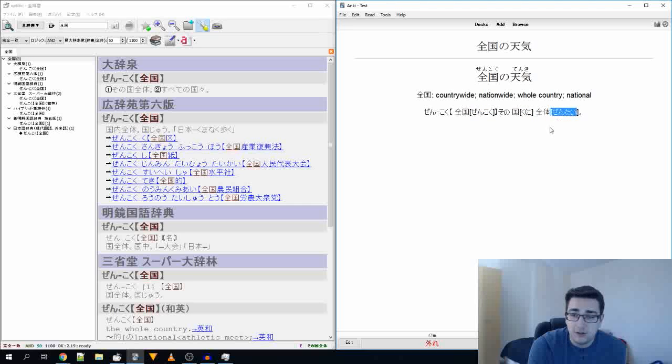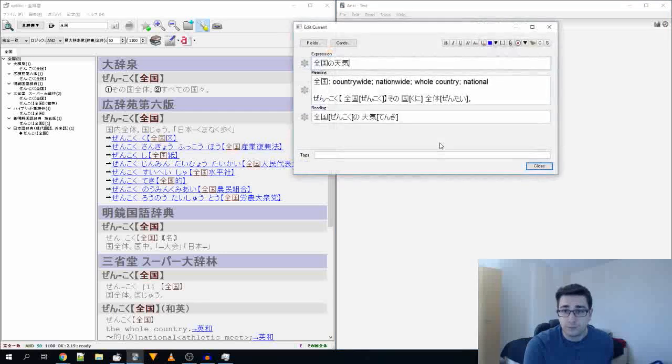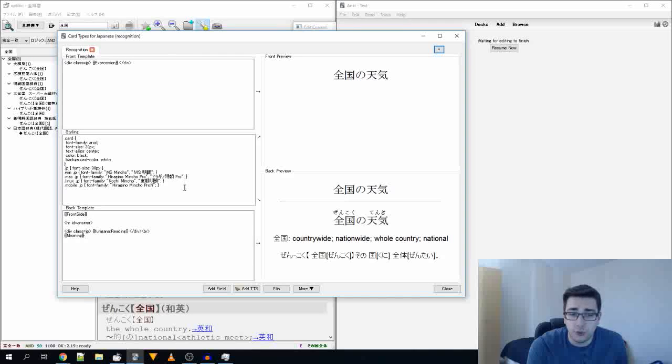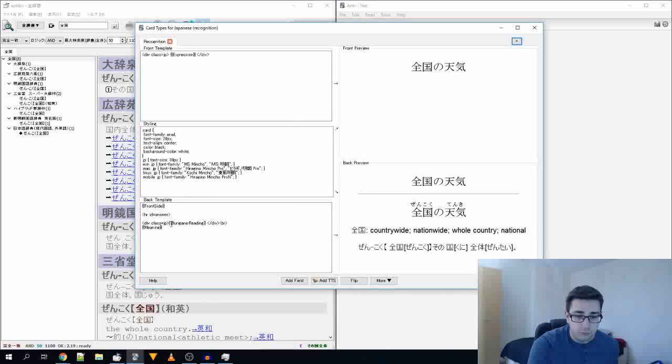Now, if you want to change this to make it look exactly like this here, make it have the same layout, then you can, and I will quickly show you how to do that. What you've got to do is press edit again, go onto cards, and we just need to copy and paste some of the code that this section uses. We just have to do the exact same thing here to the meaning section. So if you can see this, it's pretty small. Hopefully you can read it.